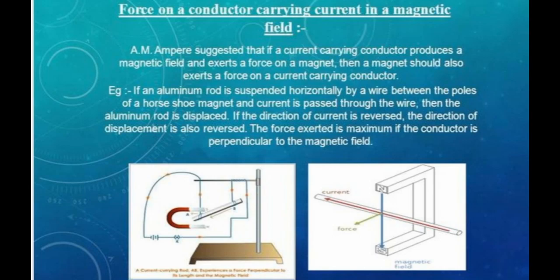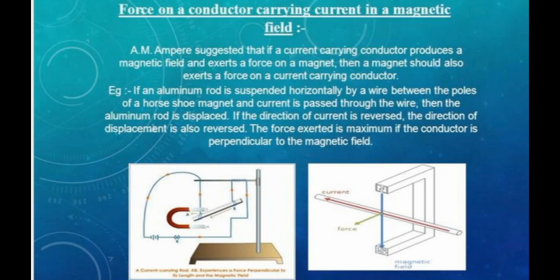Then the third conclusion is that the direction of force acting on a current carrying conductor placed in a magnetic field is perpendicular to the direction of the current. Means the force is directly perpendicular to the current. It is also perpendicular to the direction of the magnetic field. In other words, we can say that electric current, magnetic field and the direction of force are at right